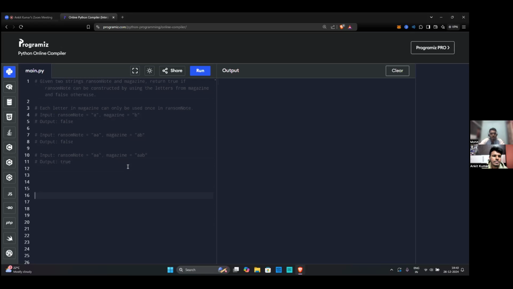For each letter, we'll be needing a count. Yes, that's why I was going with the dictionary. So what I'll do is I'll create a map or a dictionary for ransom note, and I'll create a dictionary for magazine with its letters, and I'll store the count of these things, and then basically I'll just